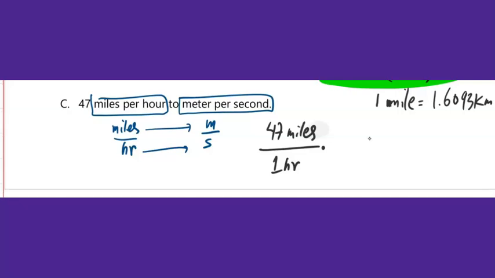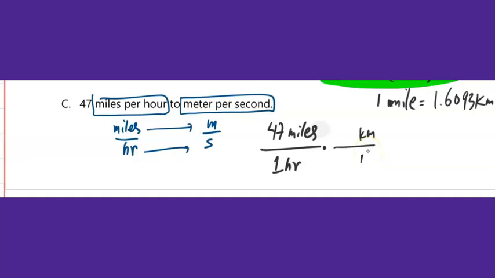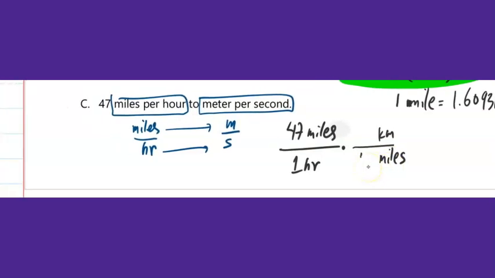So I will do a fraction here. I put miles in the bottom, because miles need to be cancelled, and kilometer on the top, because first I put the kilometer and change to meter later. 1 mile equals 1.6093 kilometer, right? Times, and look at the hour here, 1 hour, we change hour to seconds, so we can think about 1 hour equals 60 minutes,